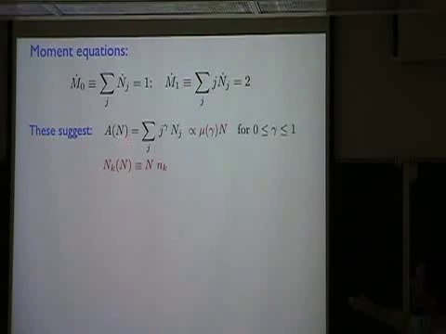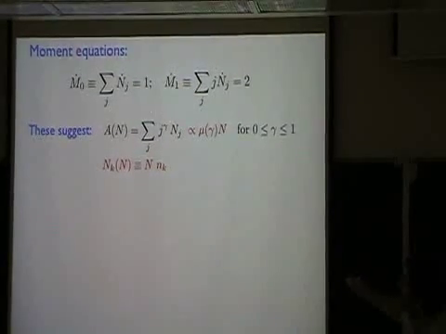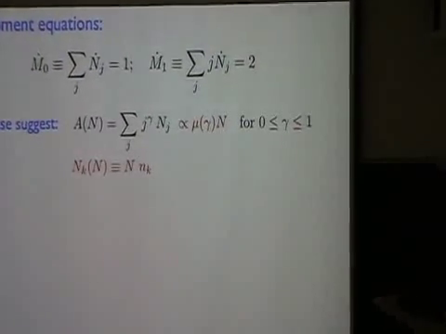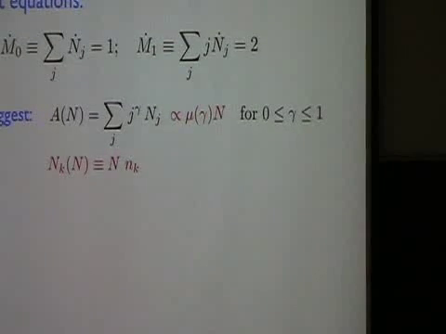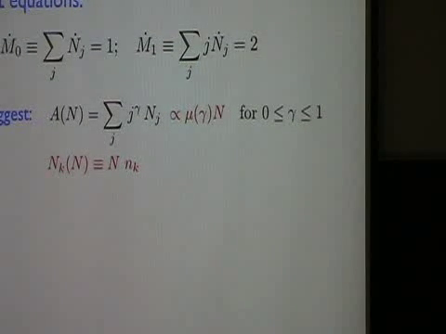And so what that suggests is that this total rate of anything happening, which was the gamma moment of the distribution, should also grow linearly with n if gamma is between 0 and 1. So this range of either no preferential attachment up to linear preferential attachment ought to be somehow in a similar universality class, and we'll see that it is, and the total rate is growing linearly with n with some amplitude which depends on this preferential attachment exponent again.